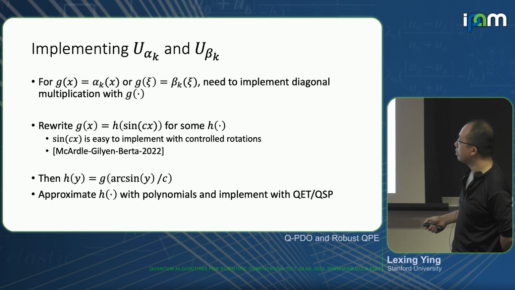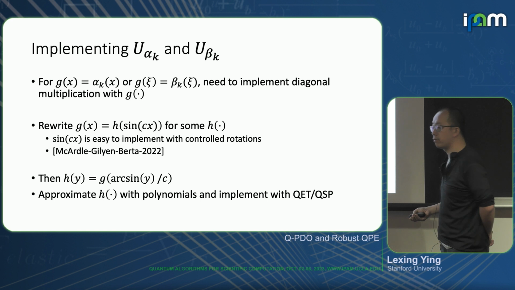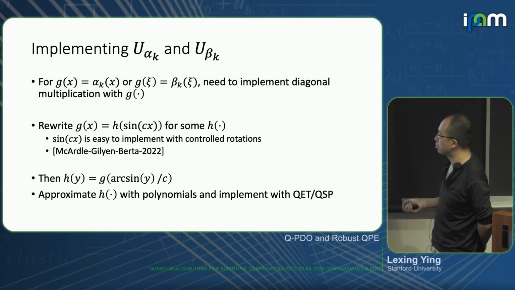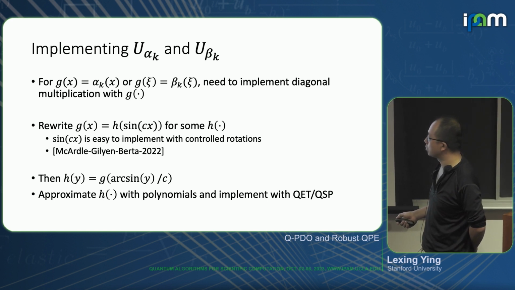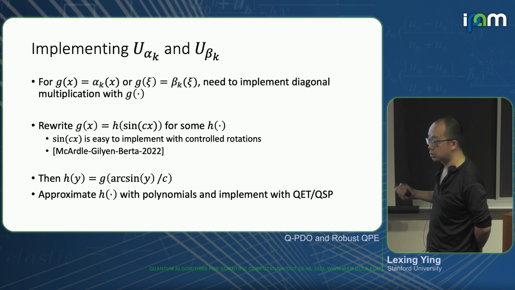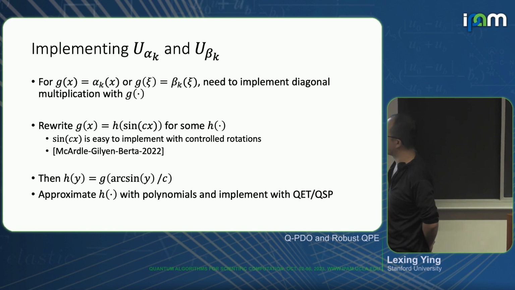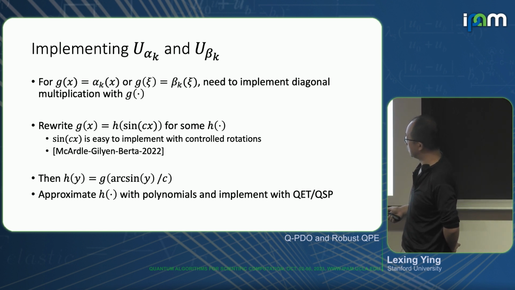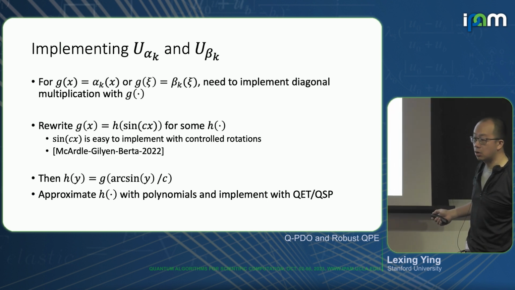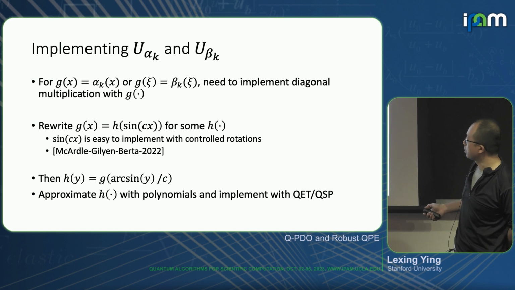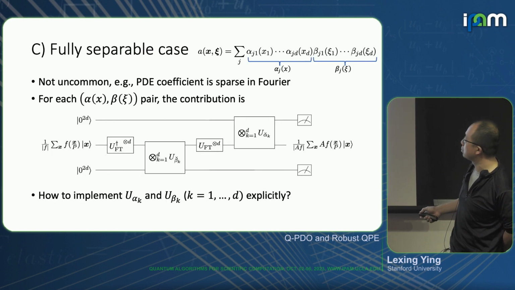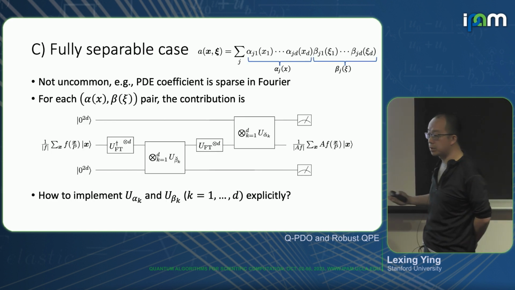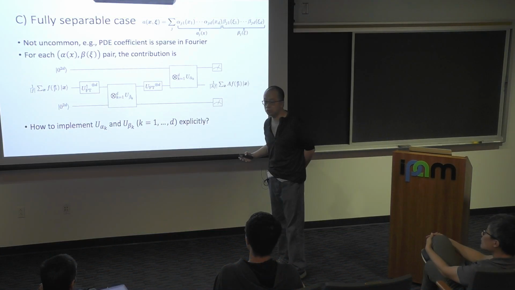Now, how do we implement this h? Well, again, using quantum eigenvalue transformation and quantum signal processing, you can represent it with polynomials, put it in this framework, and get a pretty good approximation for this h. Once you have this circuit, it is explicit and does not use any kind of oracles. This can be plugged back into the previous slide into these two big boxes, and this gives you a completely explicit circuit for implementing pseudo-differential operators.